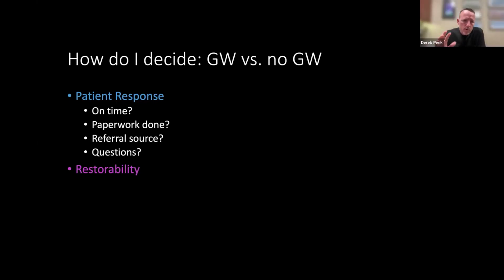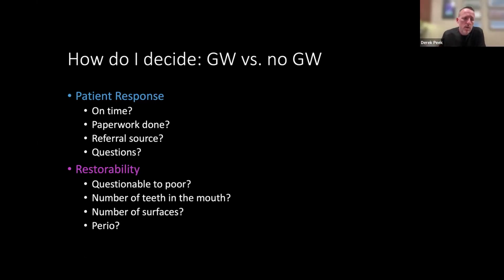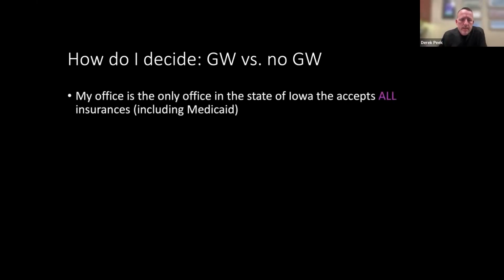So there is a patient response, and then you also have to look at the tooth: restorability, number of teeth, surfaces, perio, all these things. I write these things down there because my practice isn't necessarily the typical endodontic practice, meaning I take every insurance, including Medicaid. And so some of my patients drive 2 or 3 or 4 hours, spend the night in a hotel and see me the next day,